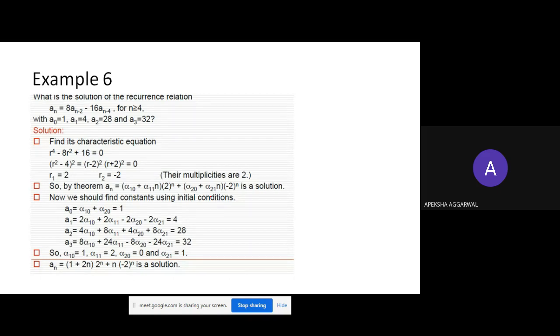Similarly, next example, here you are having n minus 2 and n minus 4. Now n minus 1 is missing, n minus 3 is missing. First of all, you have to check whether it's a recurrence or not. It's a recurrence because constant is 0 with n minus 1 and n minus 3, right? Now root r1 is occurring 2 times, r2 is occurring 2 times, right? So for each, 2 times over here and 2 times over here. Clear? Clear for everyone?